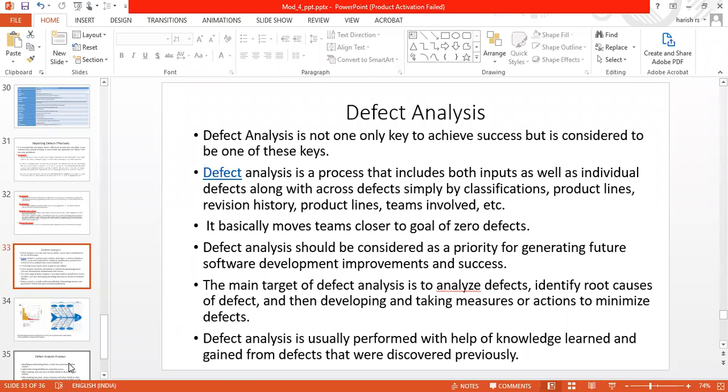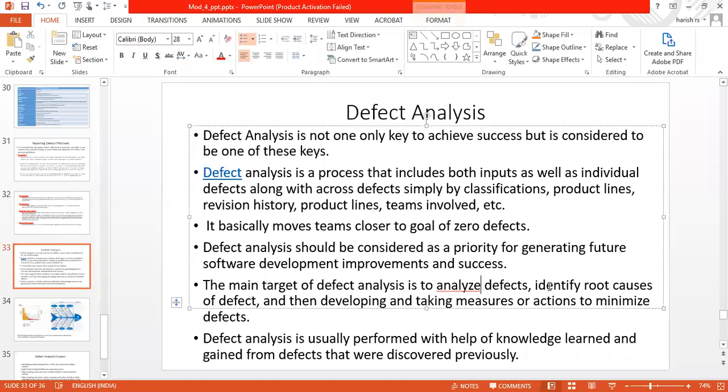Defect analysis is not only for finding out all these, but also helps us see the root cause of it. What is the root cause of the defect that we have found? Why did it arise? Will it arise again? What is the period of this defect, the defect age? What do you say is defect age?